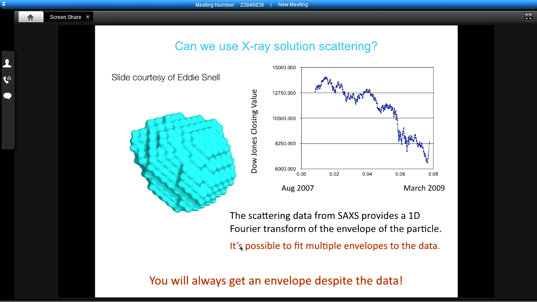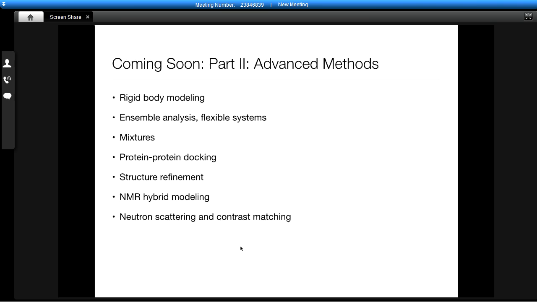All right, with that, I want to invite you to part 2, where I'll talk about some more advanced methods in terms of what you can do with your SAXS data beyond simple ab initio modeling and size and shape parameters. You can do rigid body modeling, which is how you get information about complexes, ensemble analysis and flexible systems for, say, disordered proteins. You can get information from mixtures, and you can also do some more advanced protein-protein docking. Additionally, you can do structure refinement. You can include NMR information to do hybrid modeling. And finally, we'll talk about neutron scattering and contrast matching, which is a very powerful technique that uses neutrons